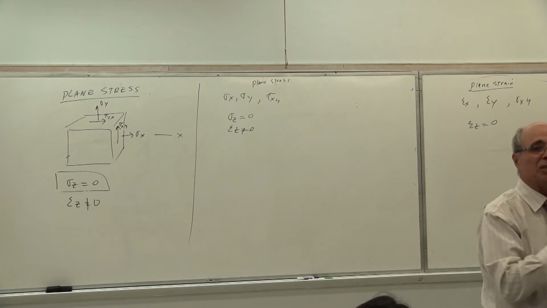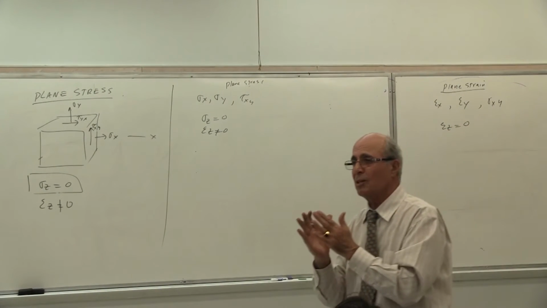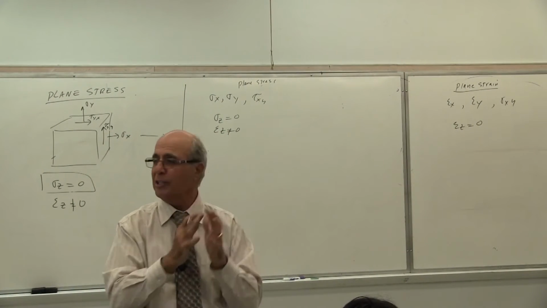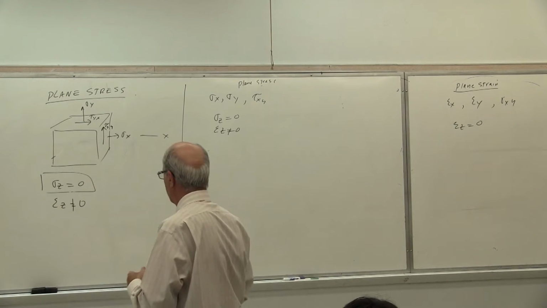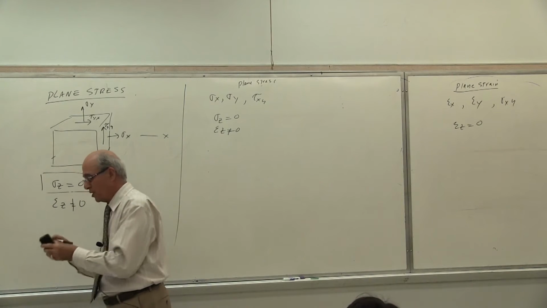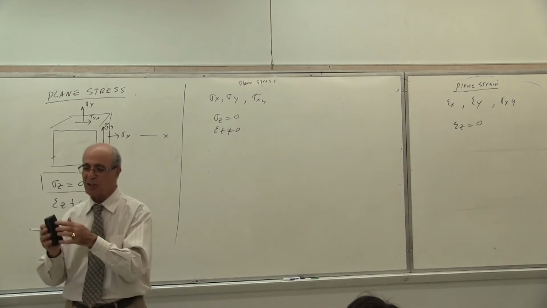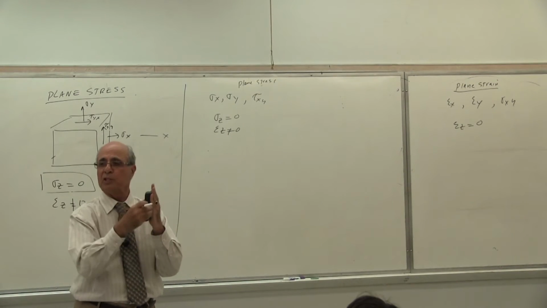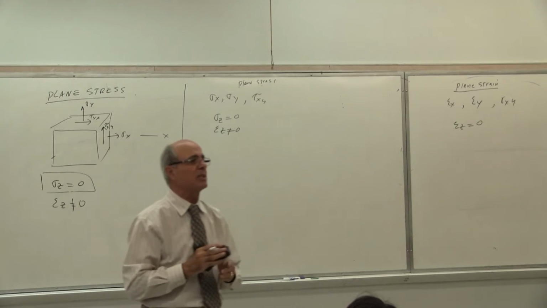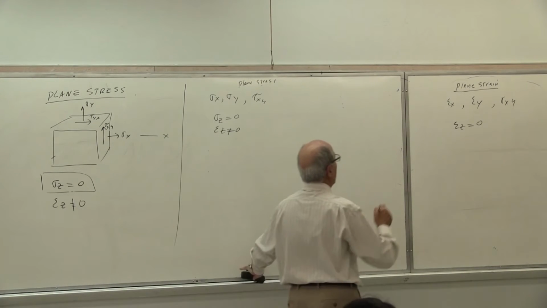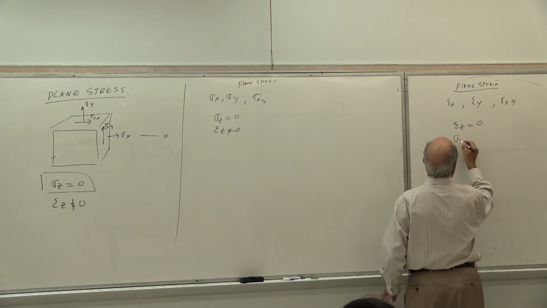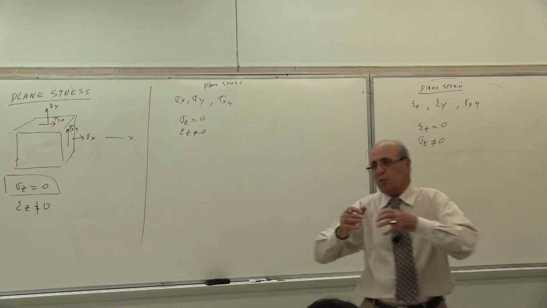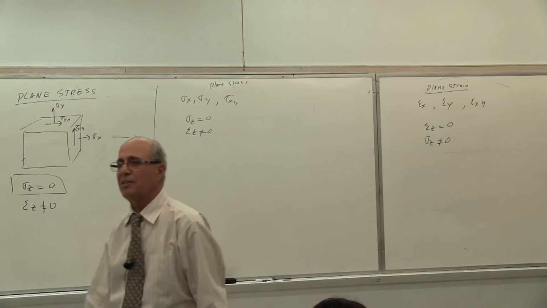Is that correct? In the other class, I said it's like an Oreo cookie. You see, that has to be a soft material between 2 harder materials, relatively. For example, if you have this soft material here, this soft material and this is hard, and I put another one here, when I pull it and push it this way, nothing happens in this direction. Is that correct or not? Therefore, when epsilon z equals 0, sigma z, of course, will not be equal to 0, because you want to expand and you don't let it expand. Is that correct or not?